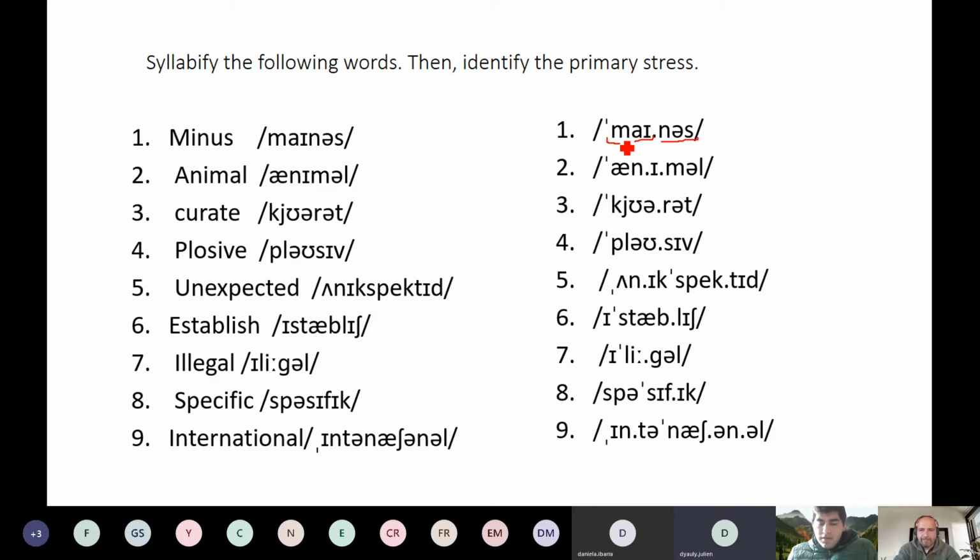Okay. All right. Let's skip and let's go to number 5. The third syllable. What do you think? It is closed. Closed. All right. And heavy. It's heavy. All right. What about the second one in number 6?